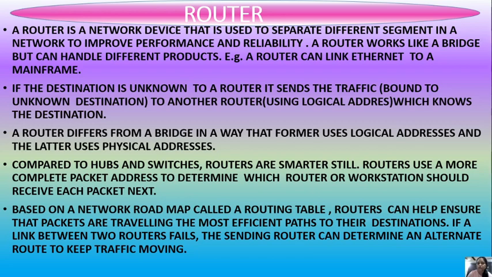So these are the points related to the router. Router is a network device. It's a network layer, or layer 3 device. It works at layer 3 in the OSI model, and it uses IP addresses. It's a very smart, or we can say intelligent, device. It is used in LAN, WAN, MAN, and for data transmission it uses packets. Data is transmitted in the form of packets. So these are the concepts here.